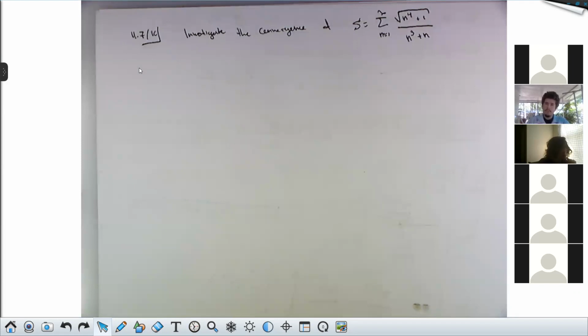Good, Lydia. Very good. TFOD is a reasonable guess here too, because upstairs I see an n to the 4 and downstairs I see an n cubed. However, it turns out not to be the way to go here. Who can explain why? Because the n to the 4 at the top is kind of cut in half by the square root thing. Yeah, exactly. So the numerator, despite having an n to the 4, right, the n to the 4 plus 1,